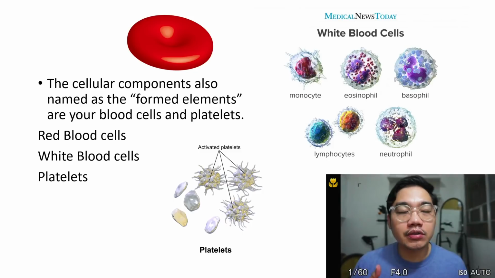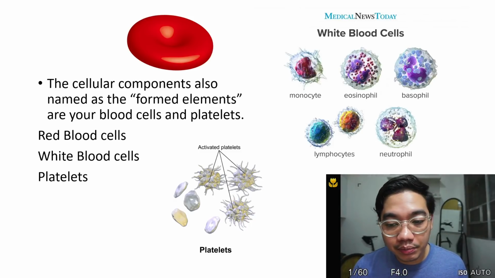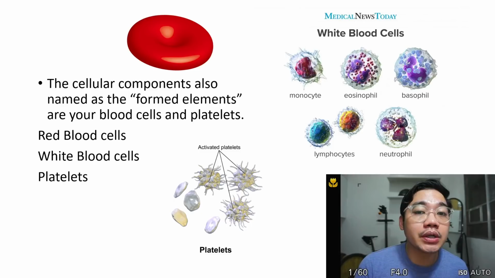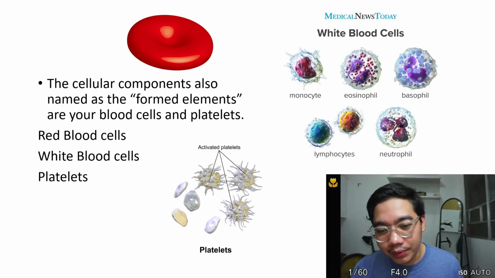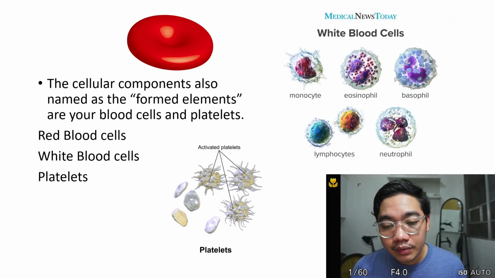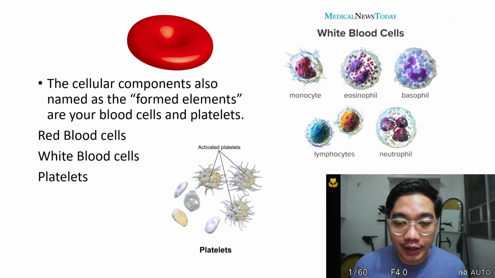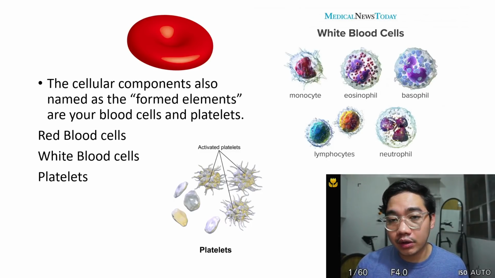binds oxygen. It is the oxygen binding component of your red blood cell, no? Hemoglobin is made up of two parts, your heme and your globin. The globin is the protein component of your hemoglobin. And your heme is the protoporphyrin, and protoporphyrin 9 plus your iron equals heme. That's where the actual binding of oxygen really is. But you need to have the globin component for it to stabilize, no? So hemoglobin is a very complex